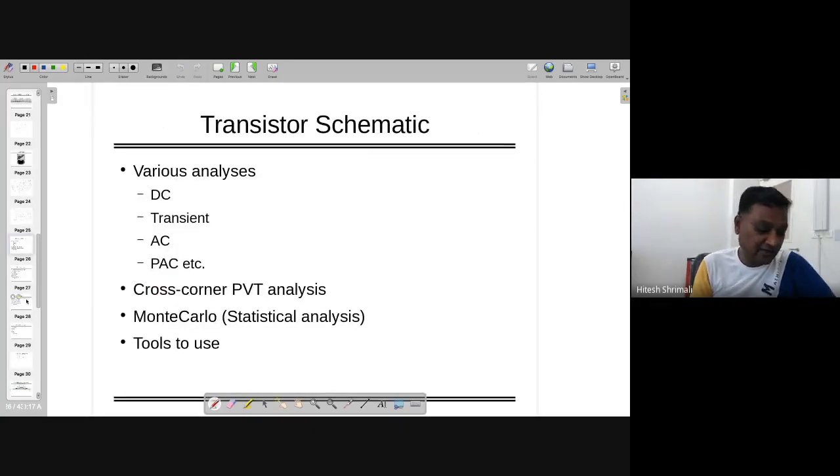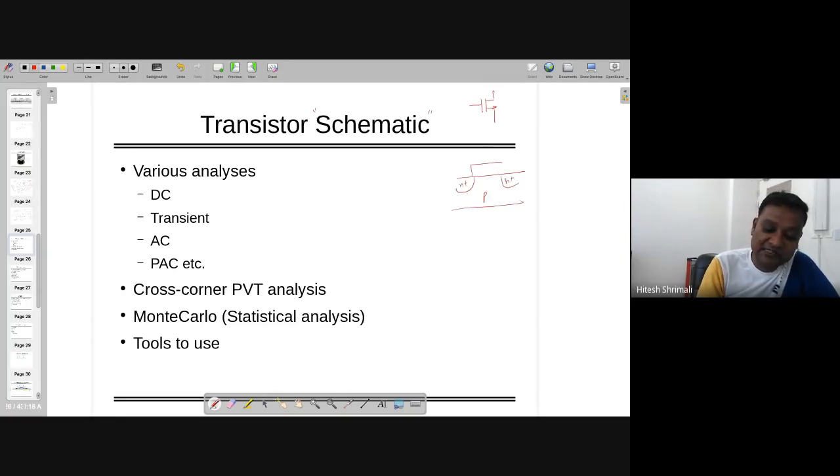Okay, so now let's come back to our original thing. If you want to have the transistor and you want to simulate the schematic, you should understand that there are two different ways of symbolizing transistors. One is schematic and one is layout. In schematic, it looks like this one, but in reality, it looks like this one. But this layout takes much time, so we don't draw that. We generally follow the schematic. First, we are going to make sure that the schematic works.